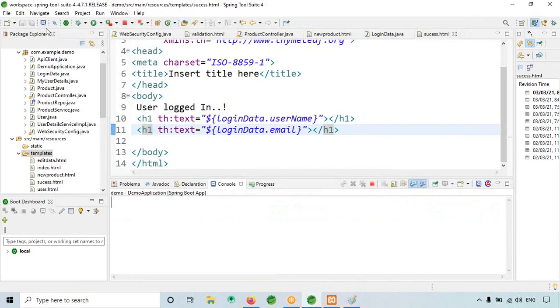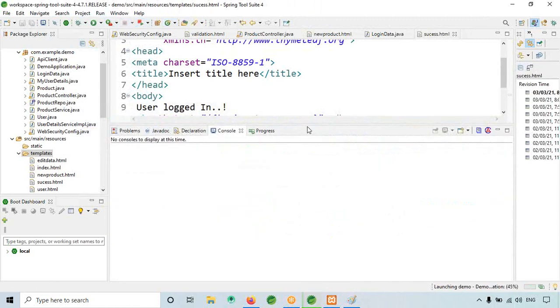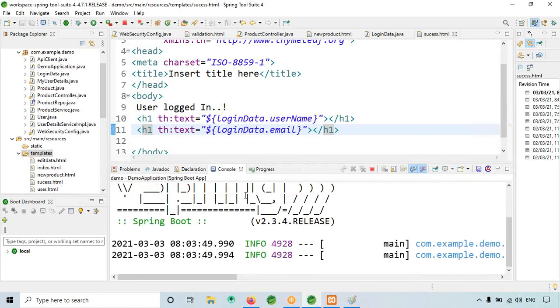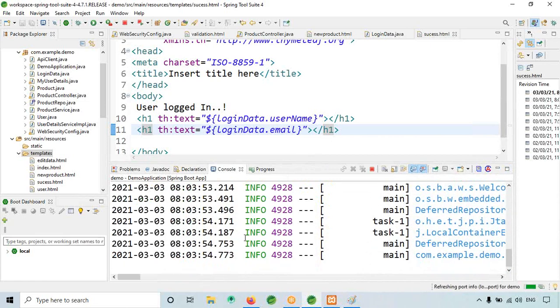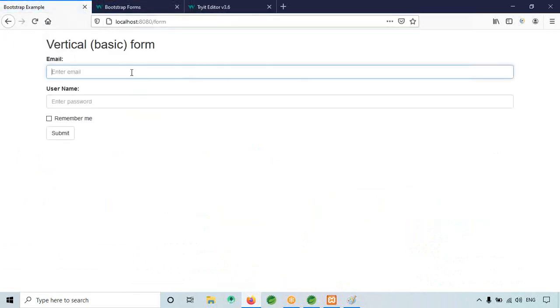Now let me restart. Click on form. So here I will print Raj, raj@gmail.com, Raj.